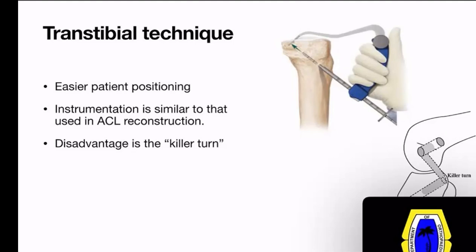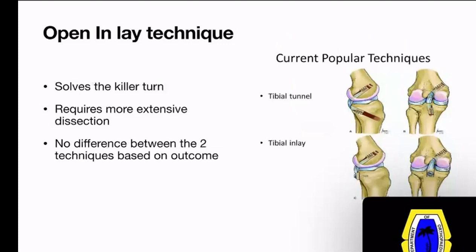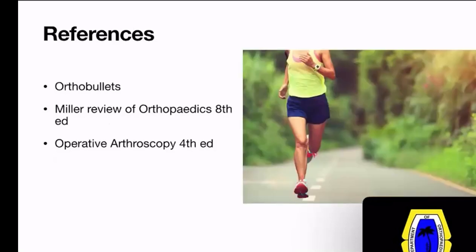Killer turn. So you have techniques to avoid that. That can be provided by the jig. So open inlay, so it solves the killer turn, and no difference on the outcome. So that's the reference. I think what you need to remember there is number 1, the blood supply, number 2, the examination, and number 3, yung